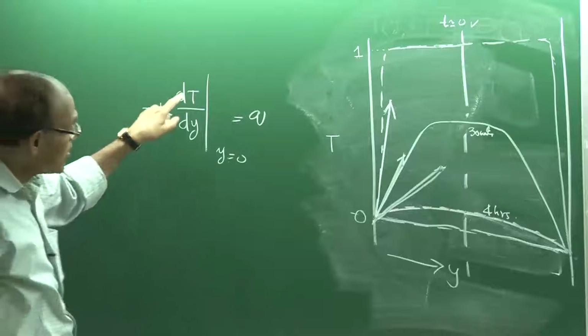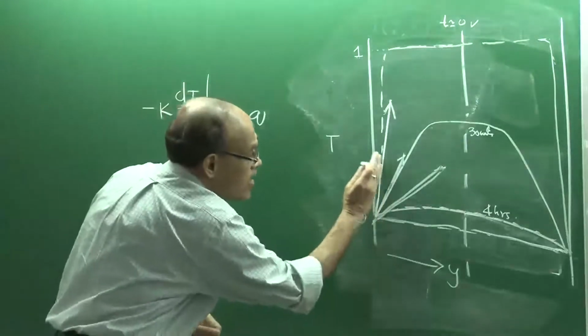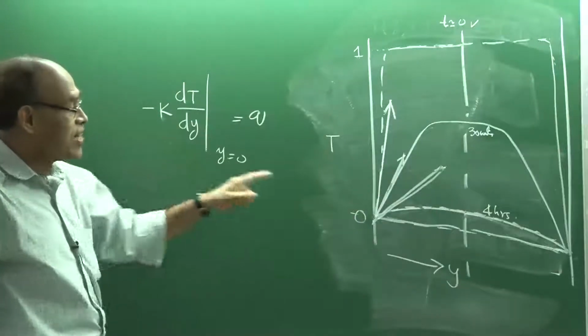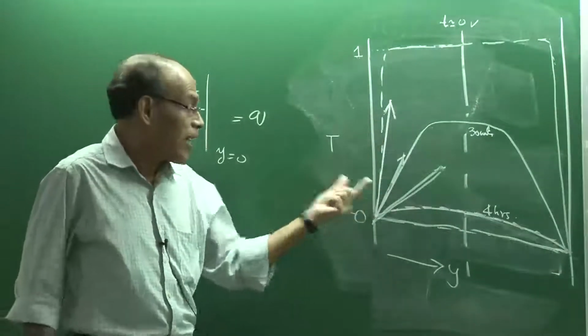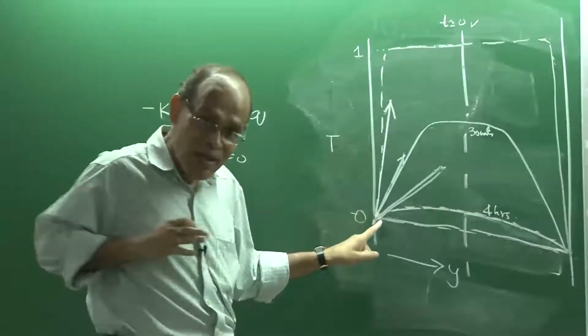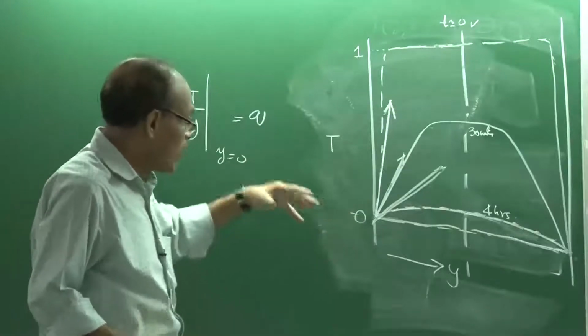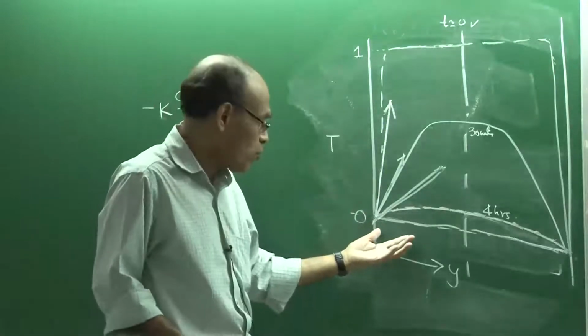So, k is constant, and the slope is changing as a function of time, which essentially tells us that the heat flux is time dependent. You can calculate an instantaneous heat flux, of course,